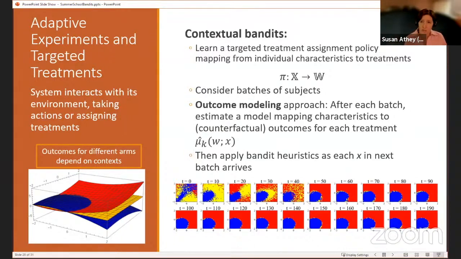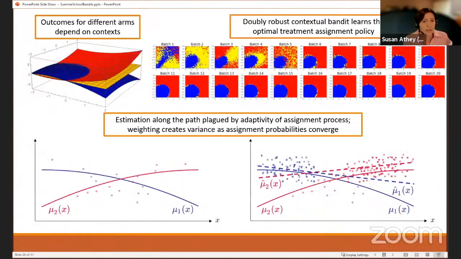We're going to use something like Thompson sampling heuristics. Each time an X comes up, I plug it into my models. I ask, what's the probability that the yellow arm is the best given this X? And I pull the yellow arm in proportion to that probability. So I just do Thompson sampling for each X as they arrive, given that I have a Bayesian model of my outcomes. Now, what are some things that can go wrong here? Well, it turns out functional forms can be a really big problem. This is like the classic selection or confoundedness problems you learn about in econometrics, except that we created these problems when we ran the experiment.